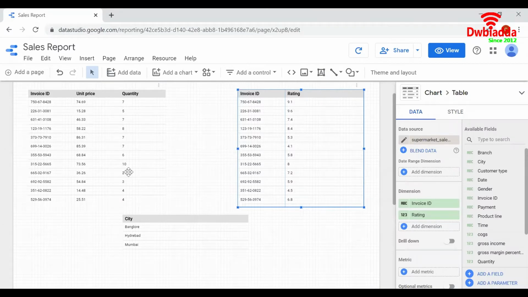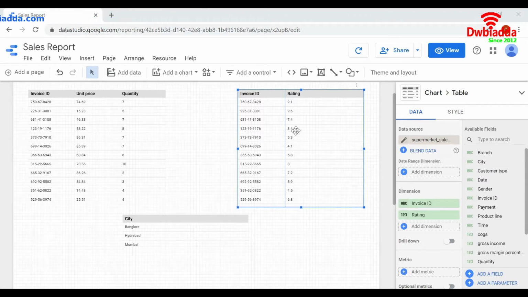So I will be using these three charts to show the demo. With the help of these three examples, let us learn how to transform data. So in this table, I have extracted three columns: invoice ID, unit price, and quantity. Let us create a new column, total price, which is obtained by multiplying two columns, unit price and quantity.